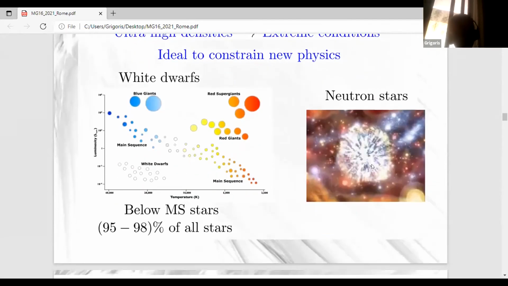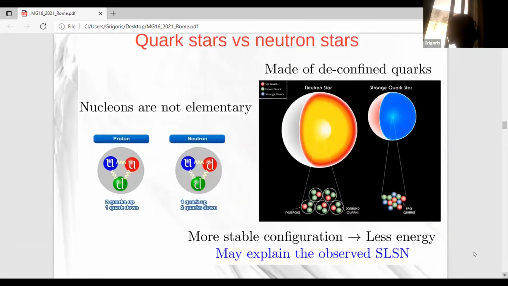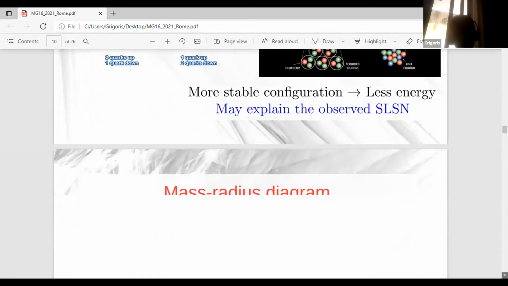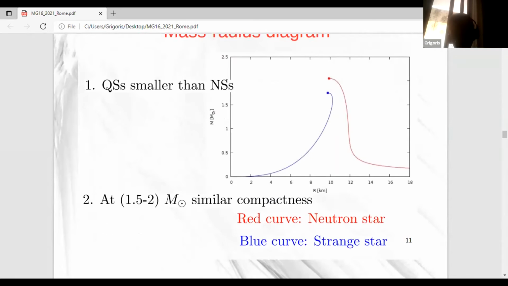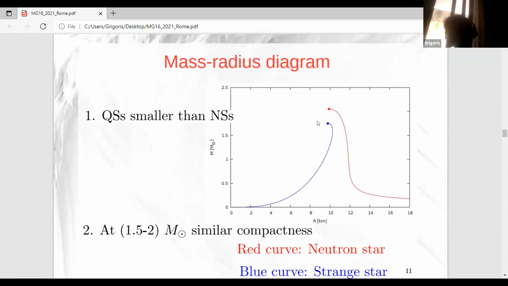On the one hand, there are neutron stars and white dwarfs that are well established. And on the other hand, there is another class of compact objects that are made of quarks, of deconfined quarks. Although they are less standard, they are quite interesting. They are very well motivated, and they can offer certain advantages. For example, one advantage is that the equation of state is known analytically, whereas in order to study neutron stars, one has to use tabulated equations of state and do the whole work